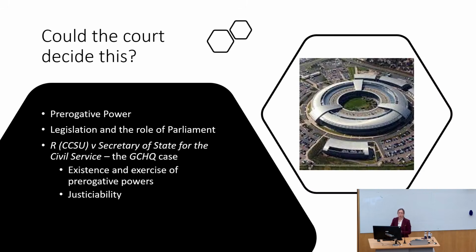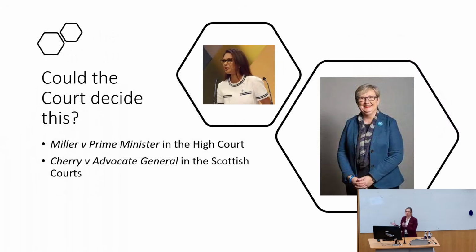So that's the backdrop of the case law, looking at how we control prerogative powers, that the Supreme Court had to think about when deciding this case. But by the time something comes up to the Supreme Court, it's already been heard before. So the Supreme Court also had to go away and look at these cases. Okay? Now, we had two cases that came to the Supreme Court. One brought by Gina Miller, she's the picture up at the top there, and one brought by Joanna Cherry, she's the picture just to the right.